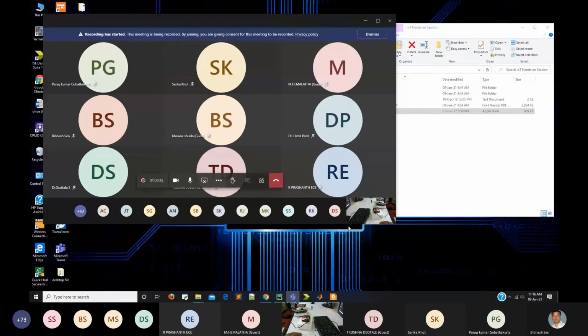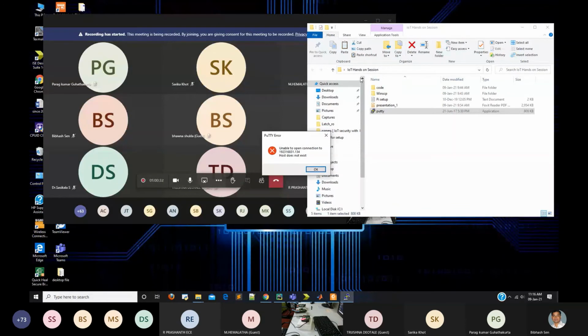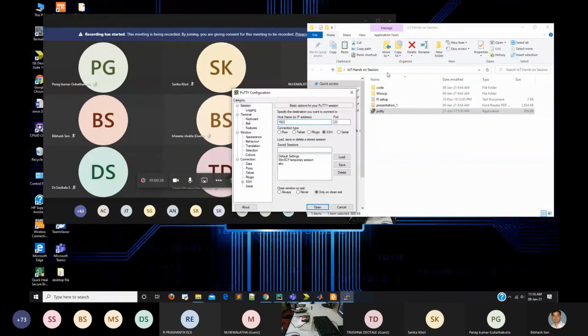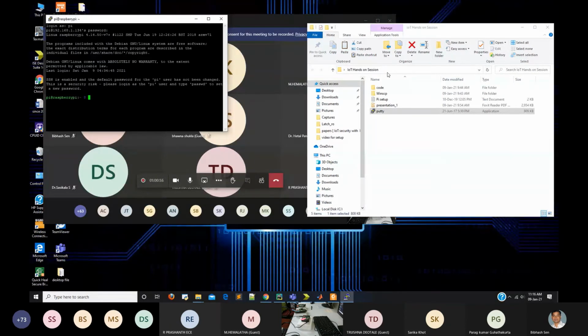We will connect to the IoT device using PuTTY. So we put in the IP address. Here is the login name: by default the Raspberry Pi comes with the login name Pi and the password Raspberry.